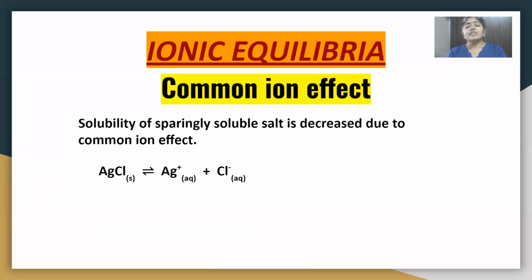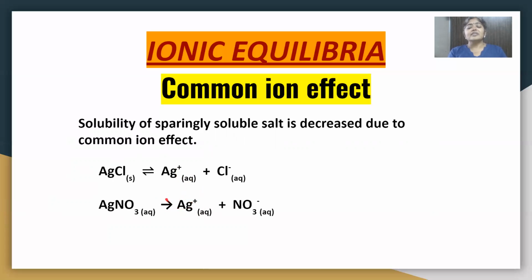If I want the silver chloride to precipitate out, how can I do that? For that, I can add a strong electrolyte which has an ion common to silver chloride. I can take silver nitrate. Silver nitrate is a salt and a strong electrolyte, so it will ionize completely to form Ag plus and NO3 minus ions. Now the dissociation of the strong electrolyte has added extra Ag plus ions, so there is an excess of Ag plus ions in the solution. These Ag plus ions are common to both silver chloride and silver nitrate.